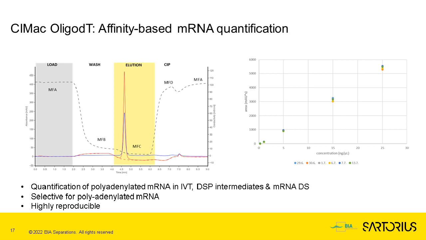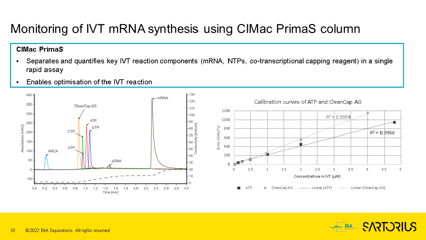So what about if we want to track RNA that's not polyadenylated? And what if we also want to collect data on nucleotide concentration at any one point? Well, that's when we need to switch the ligand on the monolith backbone to a multimodal ligand combining elements of anion exchange and hydrogen bonding that we called PrimaS. And PrimaS has a very high selectivity for mRNA over plasmid DNA and over NTPs, and we can nicely separate out GTP from ATP